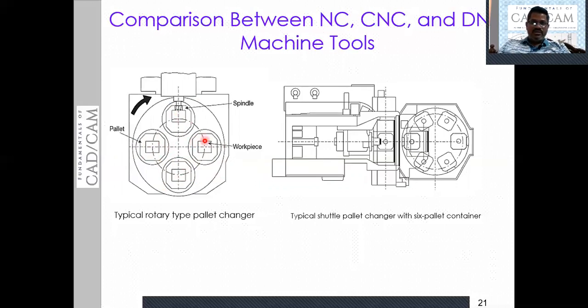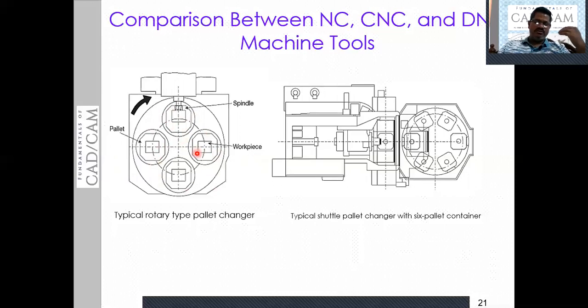In the case of CNC machining centers, pallets are the devices where workpieces are placed to engage after completing the components, or after removing the component from the spindle or from the vise, to engage the new component or new raw material to perform the work. So those workpieces are placed on the pallets, and after completing, it will be rotated and the new workpiece will be engaged with the tool. Like this, it saves time.